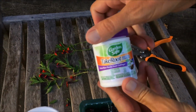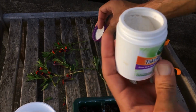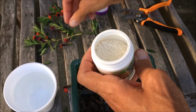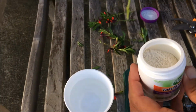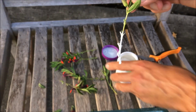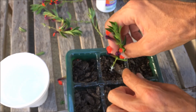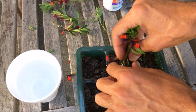Now all that I do is I take this, Take Root rooting hormone. I would imagine you can use any kind of rooting hormone you can find from the store. This came from one of our local big box stores. All I do is I take one of these cuttings, dip it in water, dip it in rooting hormone, shake the rooting hormone off a little bit, and then I just take this and stick it straight into this container and just cover it